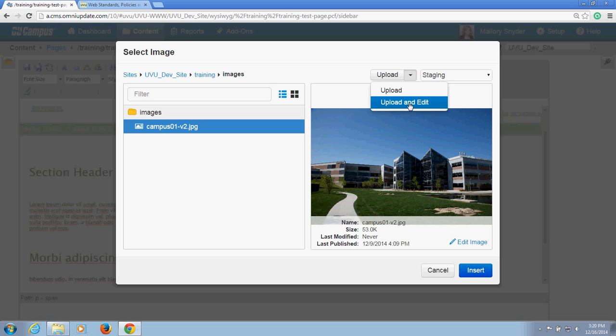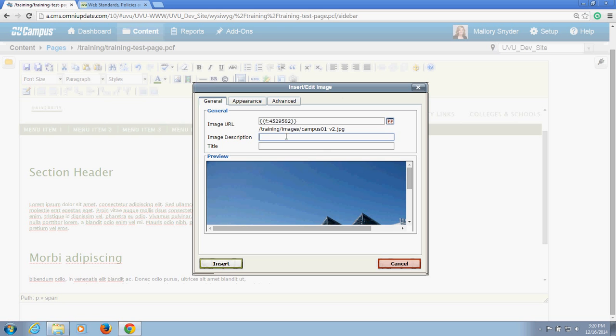It will take you to the same preview screen where you can resize and crop and all of that. So I'm going to choose this picture, and I need to add a description. The reason we need to add a description is for accessibility. We want to make sure that someone who might be visually impaired that's using a screen reader is able to get a sense of what is in this picture. So my description is going to be UVU Campus,